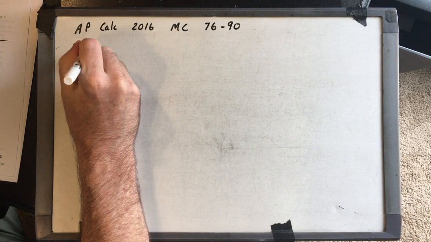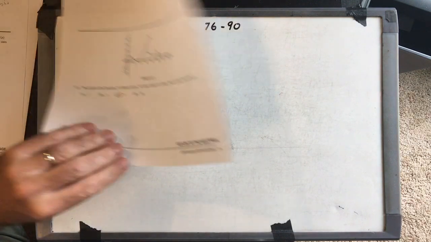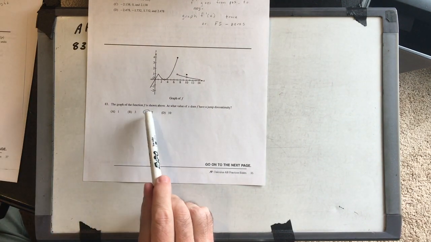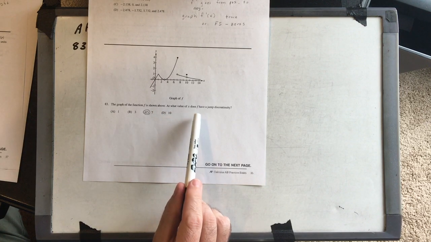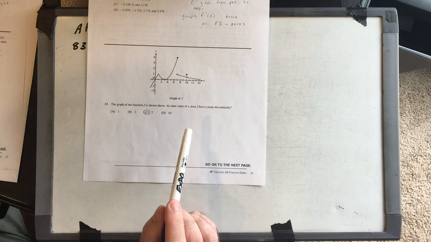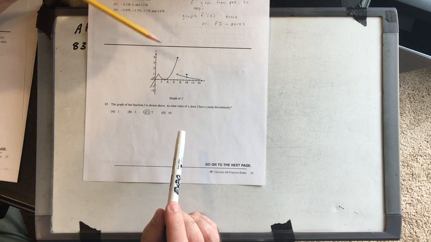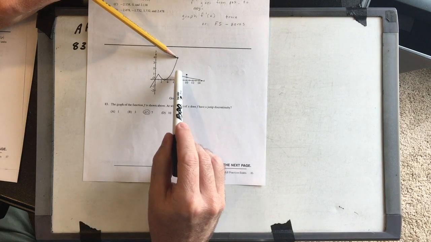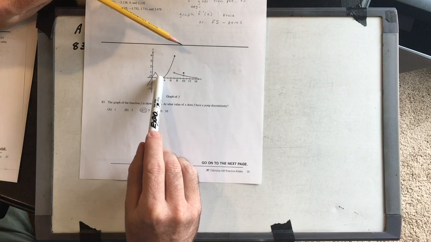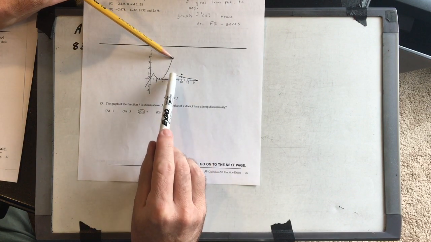Okay, number 83, we have a graph. So I'm going to bring that into view. Zoom in if you need to, or just follow along. The graph of the function f is shown above. At what value of x does f have a jump discontinuity? Well, I hope this is obvious. It has a jump discontinuity at x equals 7. Okay? It has a point discontinuity here and here, but here you've got this big gap in the function, so